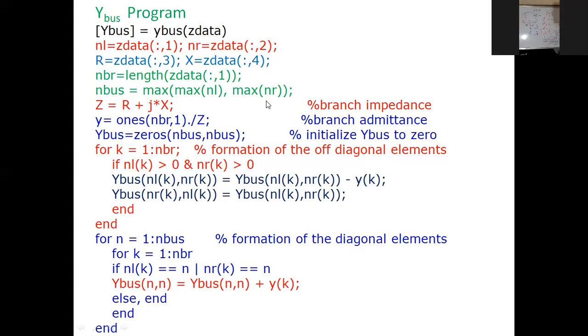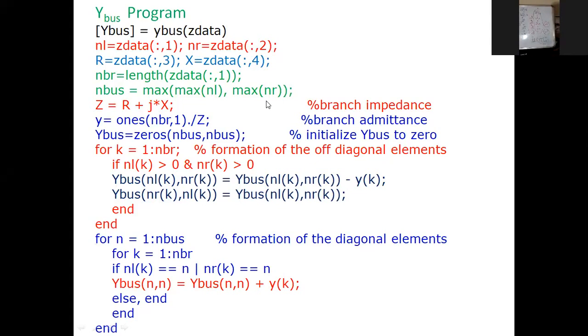So to find diagonal elements, row equals column. For half diagonal elements, row is not equal to column. So I have two conditions here. To find diagonal elements, row and column numbers are equal. To find half diagonal elements, rows and columns are not equal. Two conditions I have to apply.